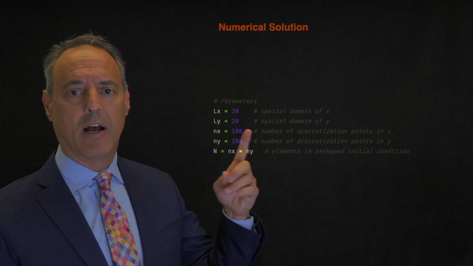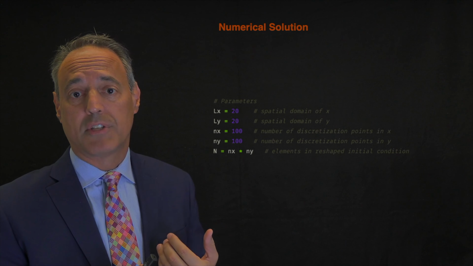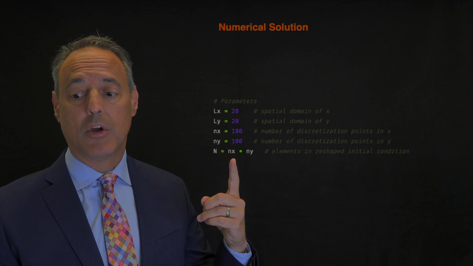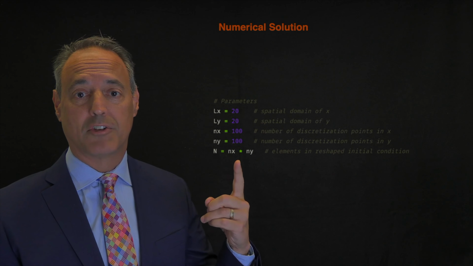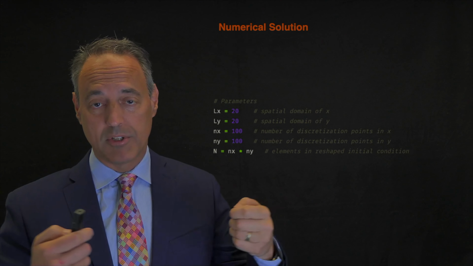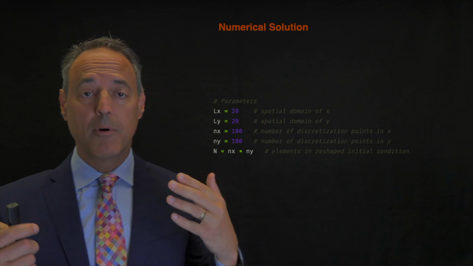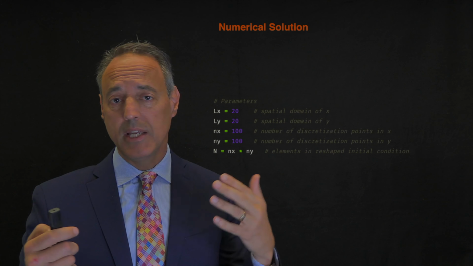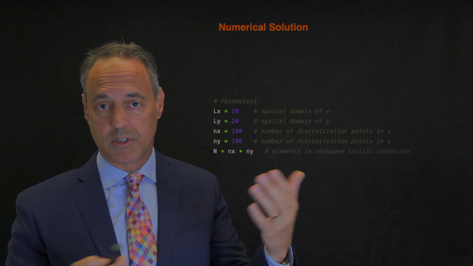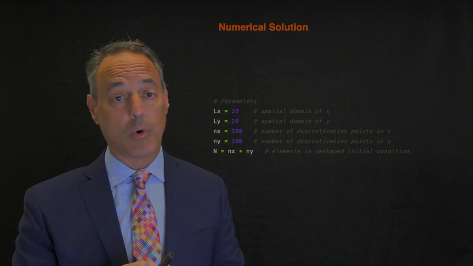So you might define an x domain, a y domain, in this case each 20. You decide the discretization in each domain. Here it is 100 in each domain. And what we know is the total size of this matrix is going to be nx times ny. So if I chop this up into 100 points in x, 100 points in y, then the number of ODEs I'm solving for is 100 squared, right? So 100 points in one direction or another, I've got myself a 10,000 by 10,000 system of equations to solve